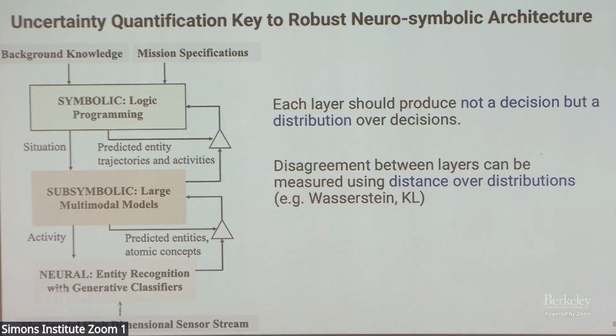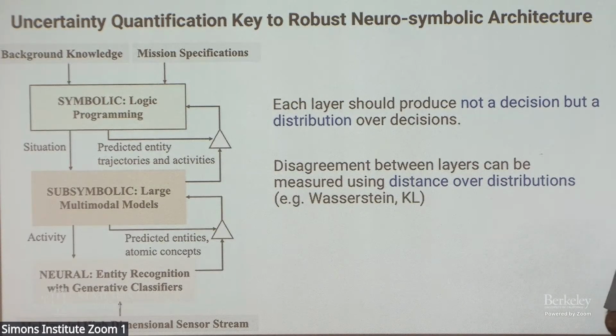So far, everything I described was to make things a little simpler by saying that each layer is making decisions, but we are in the AI machine learning world. Decisions are not going to be qualitative, binary, discrete. Rather, each of these layers is going to make probabilistic decisions. They're going to tell you the distribution over which they are confident. So if you have object detection, you're not going to come back and say, I've detected object X. Rather, you will have a distribution over the classes. So Surprise is going to then look at the disagreement between these distributions.